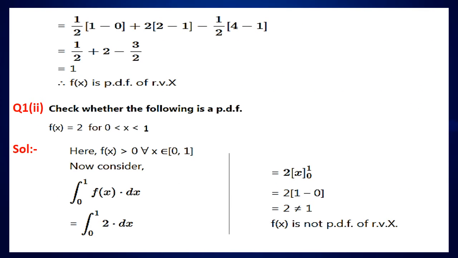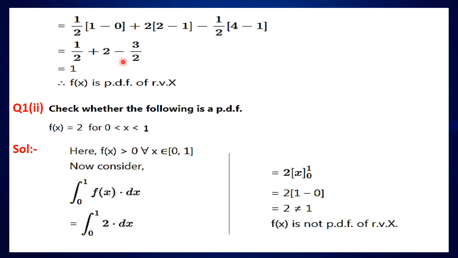Apply the upper limit and lower limit and subtract the values. That is 1 by 2 into (1 − 0) plus 2 into (2 − 1) minus 1 by 2 into (2 square minus 1 square), that is 4 minus 1. On simplification, 1 by 2 into 1 minus 0 is 1 by 2, plus 2 into 2 minus 1 is 2, minus 1 by 2 into 4 minus 1 is 3 by 2. And 1 by 2 plus 2 is...